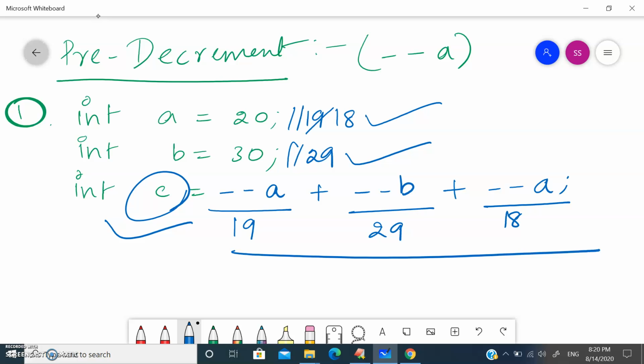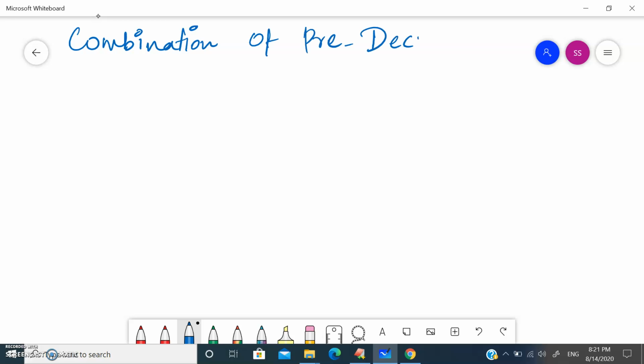Let's see the combination of pre-decrement as well as post-decrement in Java.